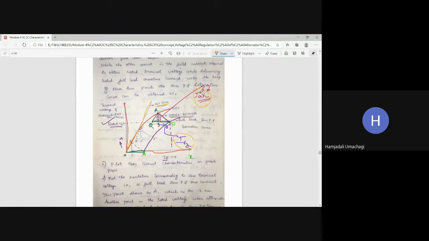IA into XL is the vertical distance, the length of RS. PS is the horizontal distance, which gives us the field current required to counterbalance the armature reaction, that is IF2. IF2 means the length of PS multiplied by 1 centimeter of x-axis information. Similarly, RS is a vertical distance, so measure the length of RS multiplied with the 1 centimeter information of the voltage axis. You will come to know this when you solve problems based on the ZPF method.